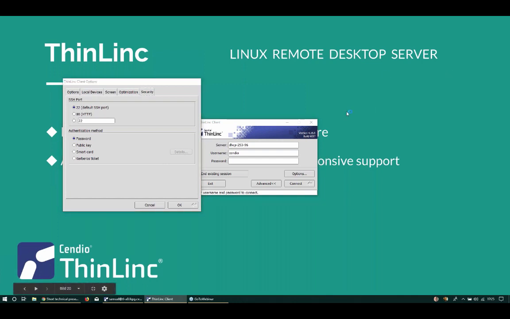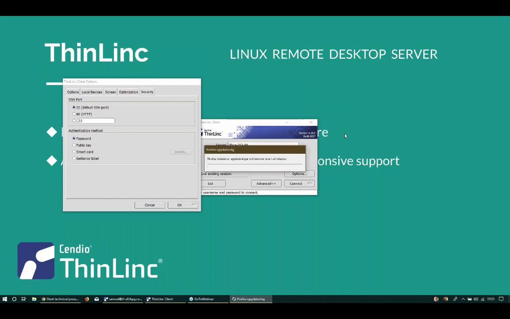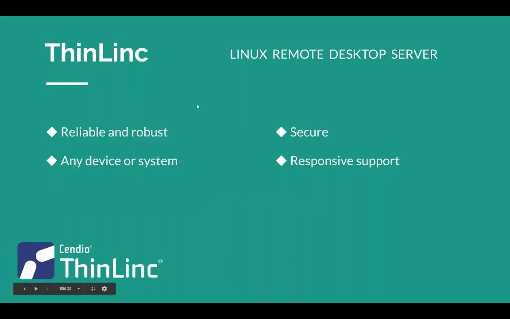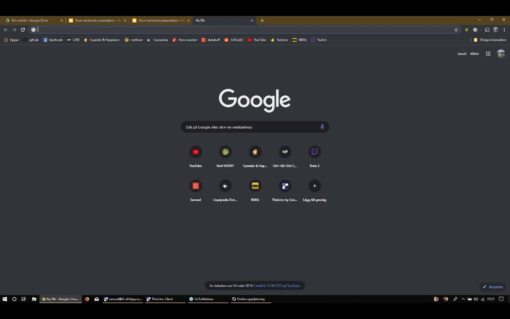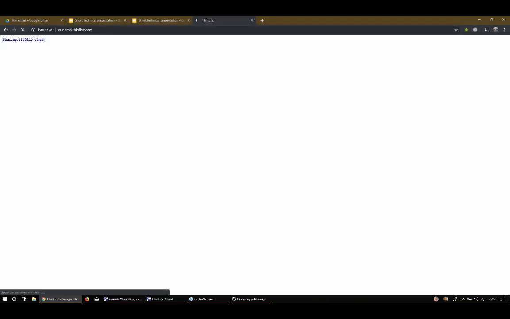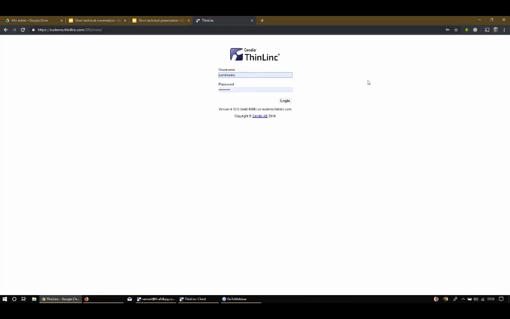We do actually have a demo system set up. I can use that to show you the web client. I can use Chrome instead. So here we have a web interface for logging in to the ThinLinc client in a web browser.